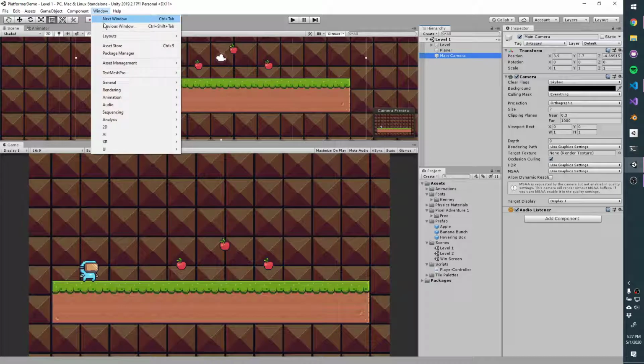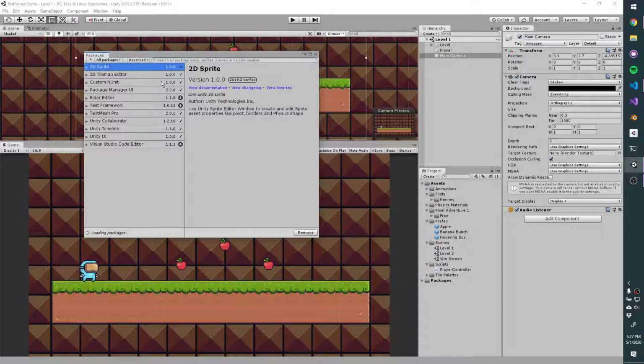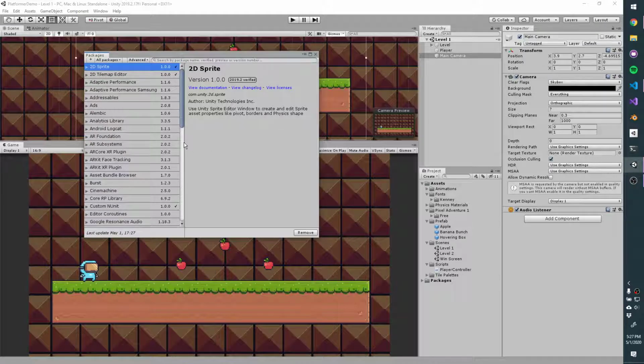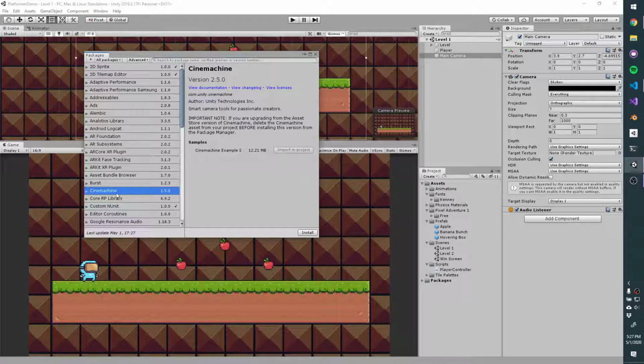So to use Cinemachine, we're going to have to open up the package manager, which has some Unity packages loaded in it that have been produced. And so Cinemachine is in here. If you give it a second to load, what you want to do is click install. And this is going to take a second, so I'm going to pause the video and come back when it's done. Okay, so when it finishes importing,